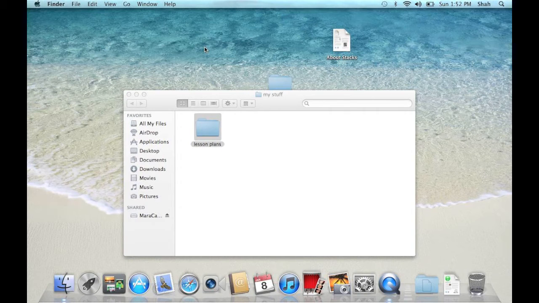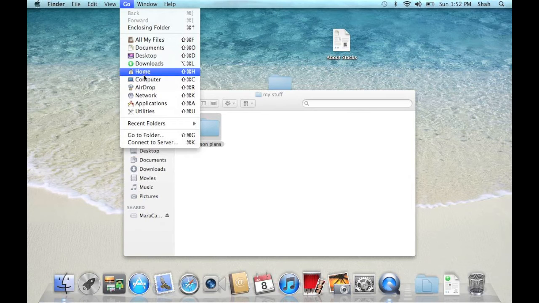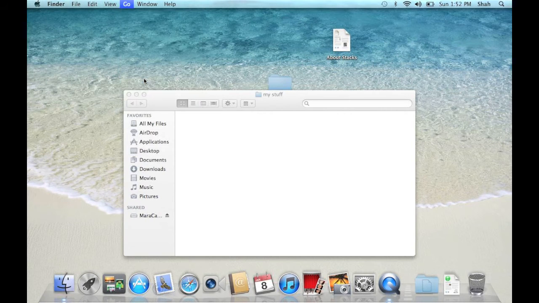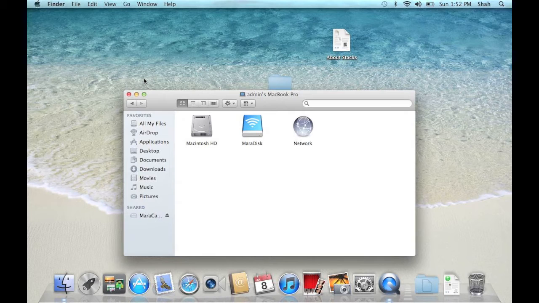Copying files. Choose Computer from the Go menu to open a new Finder window. Double-click on Macintosh HD to show the contents.